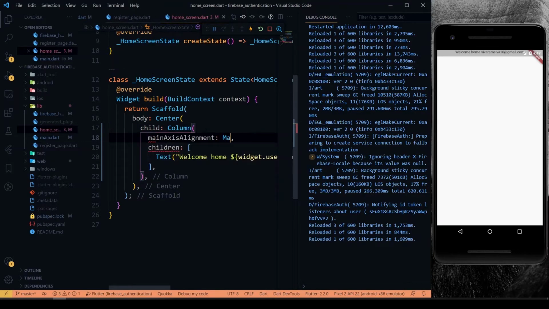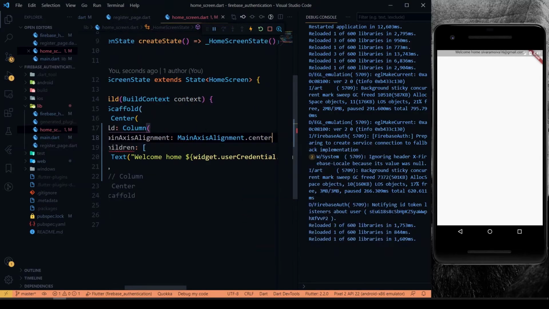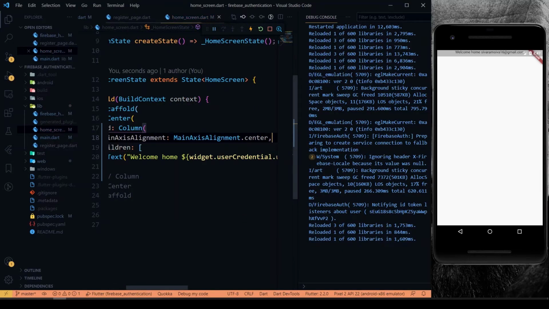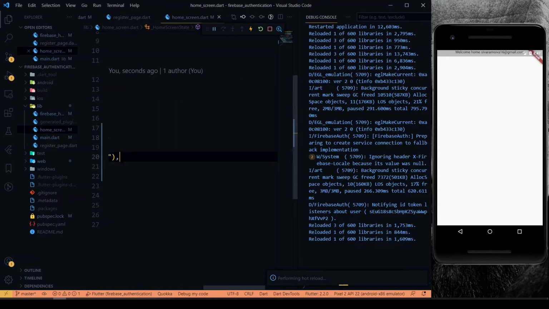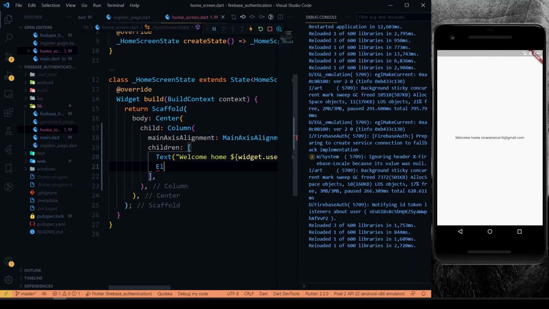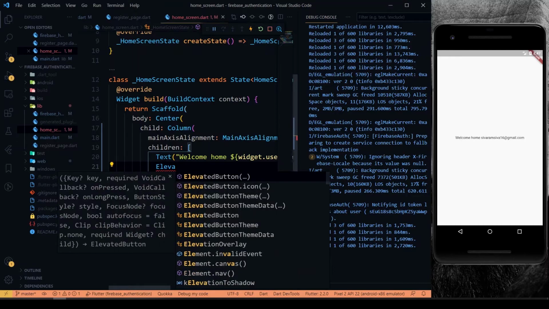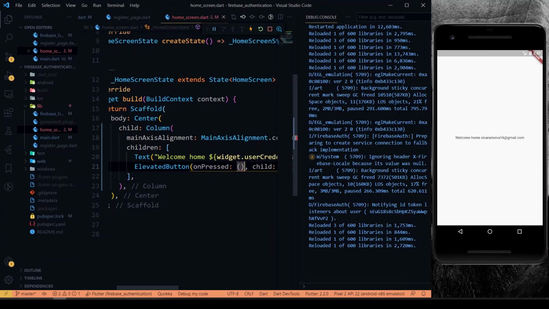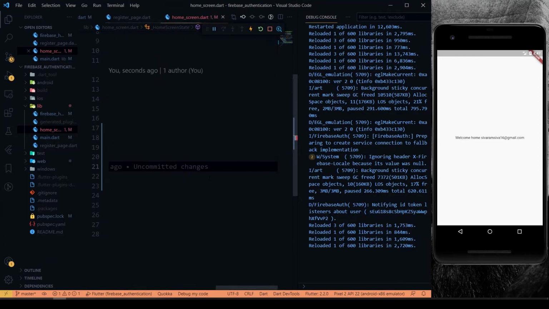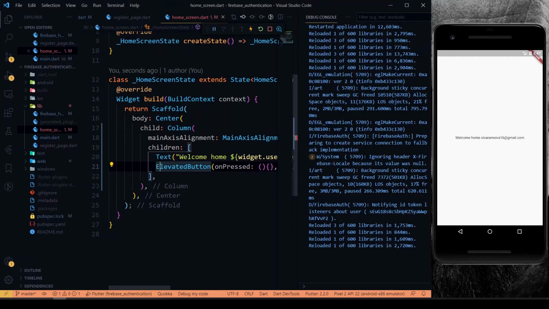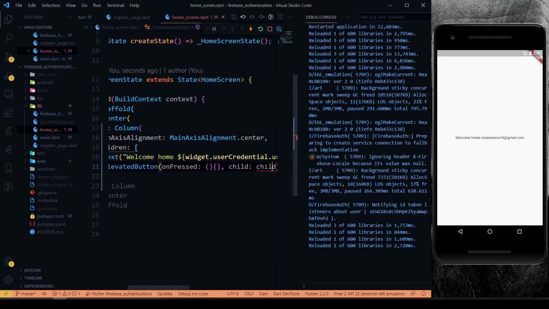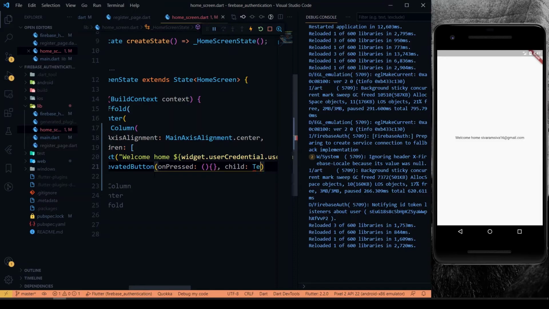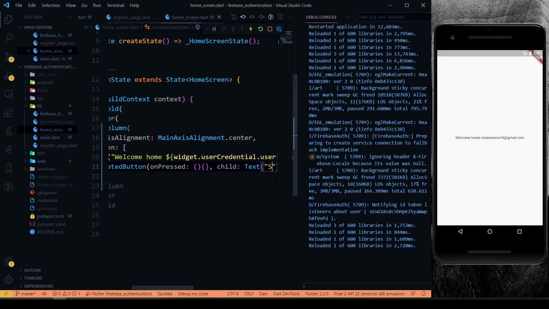We have to give our main axis center. Below the text, we'll add an elevated button, and our child is a text called sign out.